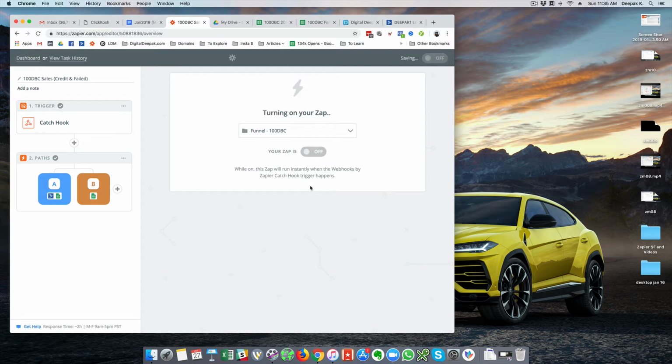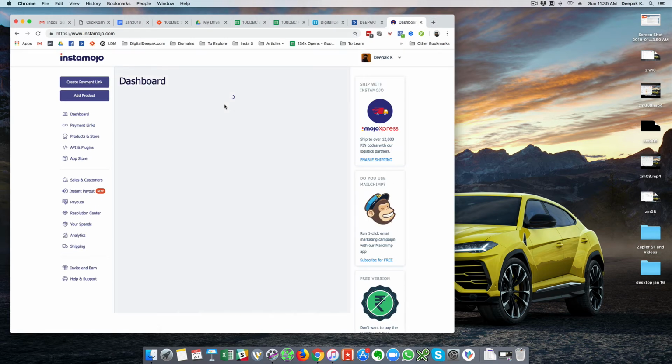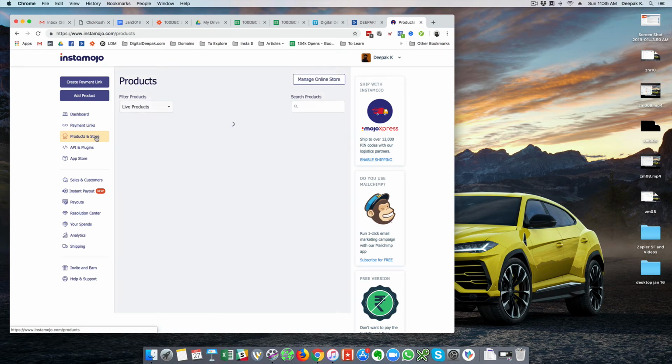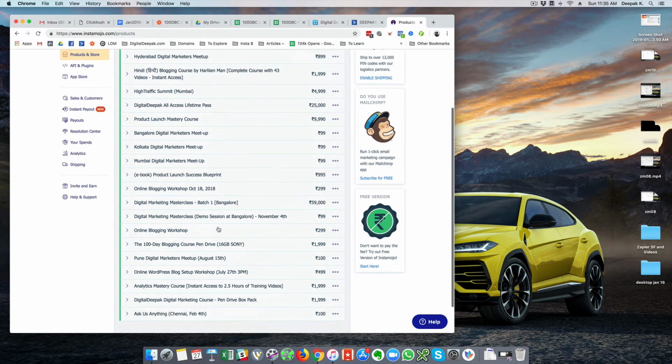So I will switch on the Zap, and let me create a new InstaMojo discount code and make a transaction. One transaction I will succeed. I will probably make a transaction for 10 rupees, just to show you how the payments work in real time.